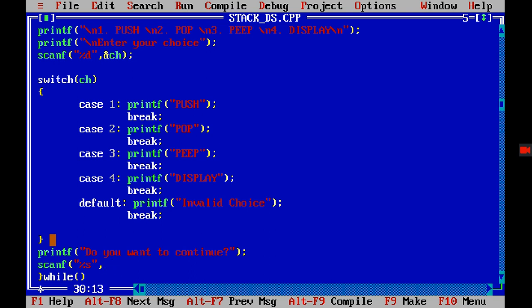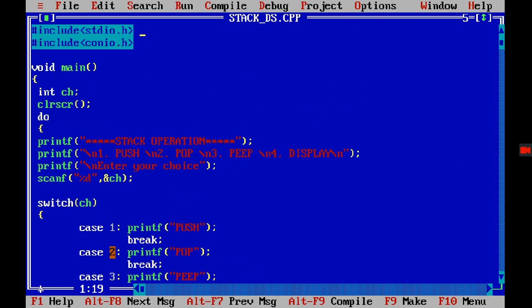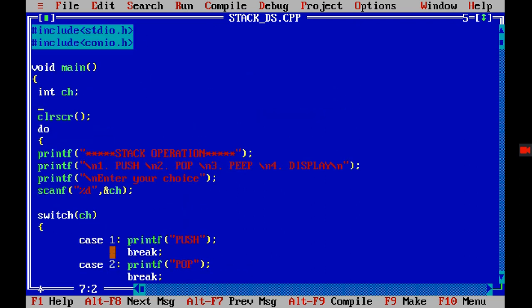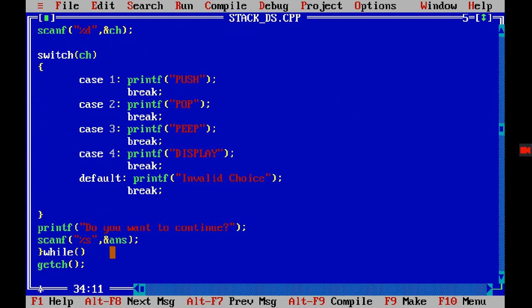Suppose that variable is ans, right? Now don't forget to declare the variable. So here I need to write char ans.